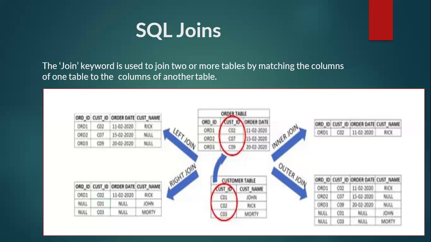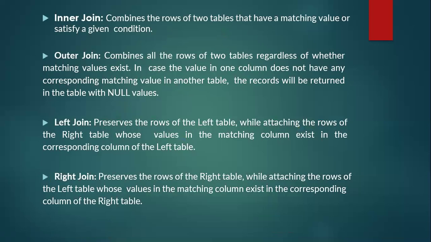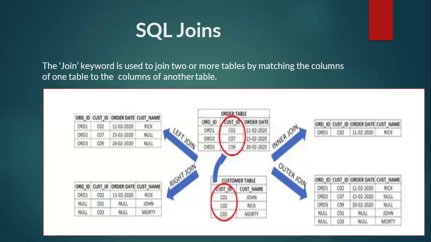Now the next one is outer join. It combines all the rows of two tables regardless of whether a matching value exists. In case the value in one column does not have any corresponding matching value in another table, the record will be returned in the table with null value. Now what does it mean? So outer join says